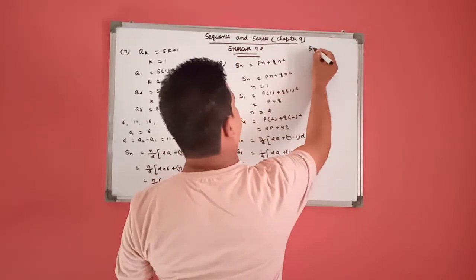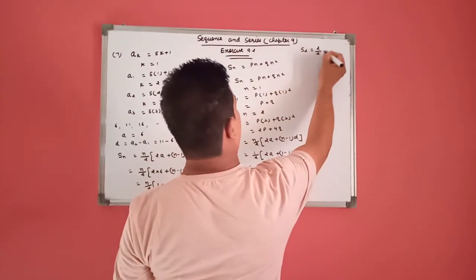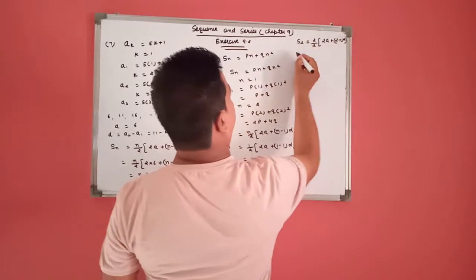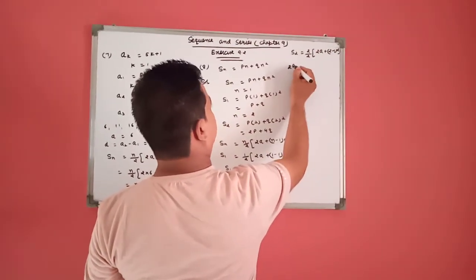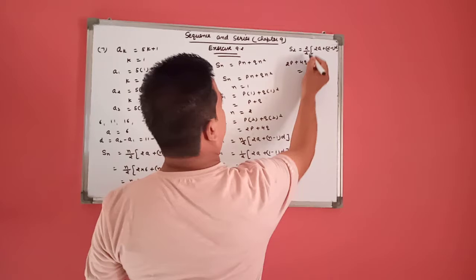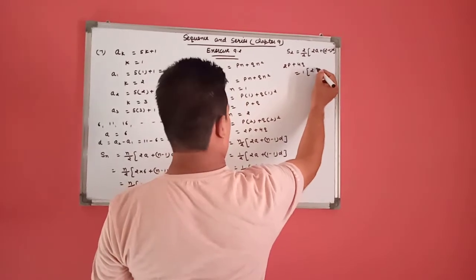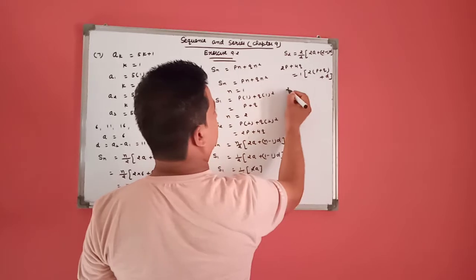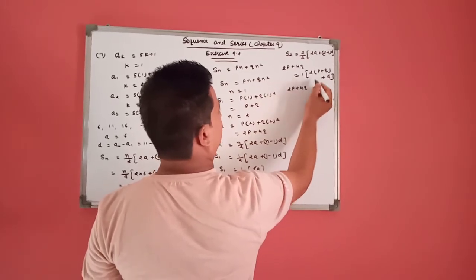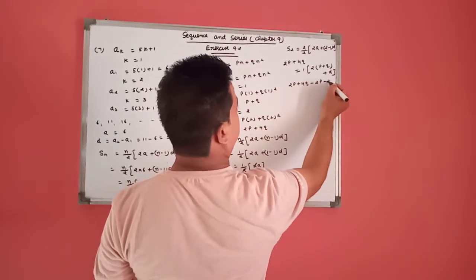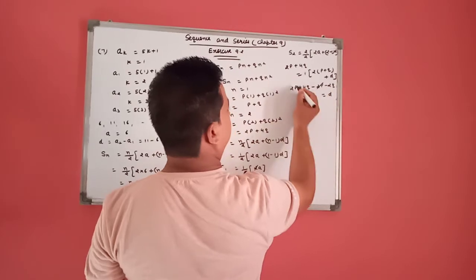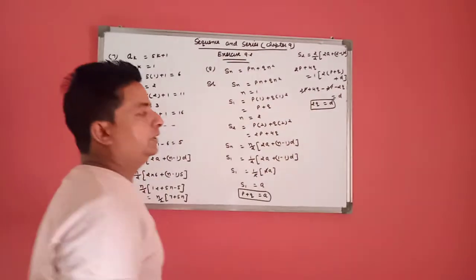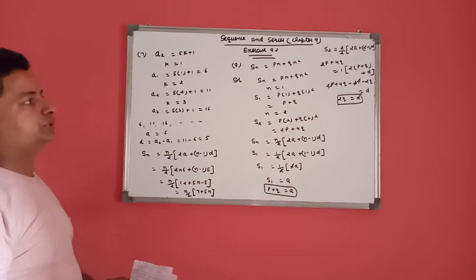When we put n equal to 2, then this is 2 by 2, 2a plus (2 minus 1) into d. So S2 is 2P plus 4Q. This cancels out 1, 2. The value of a is P plus Q, so 2P plus 4Q, means 2Q equals d. This cancels out, so the common difference is 2Q. This is the answer of question number 8.